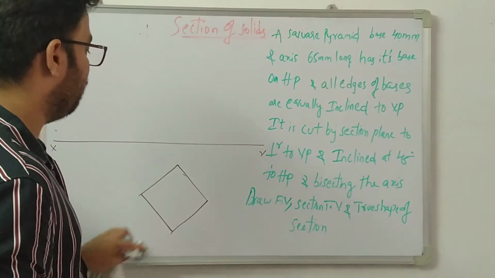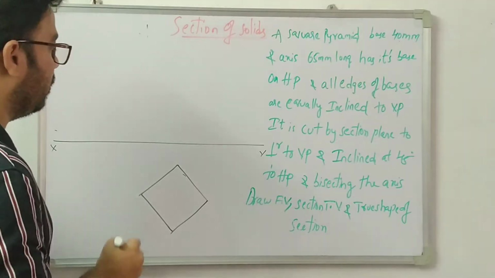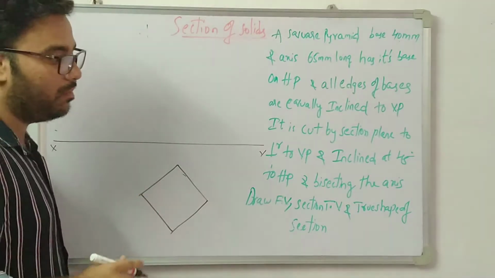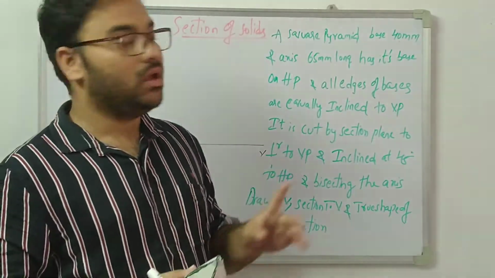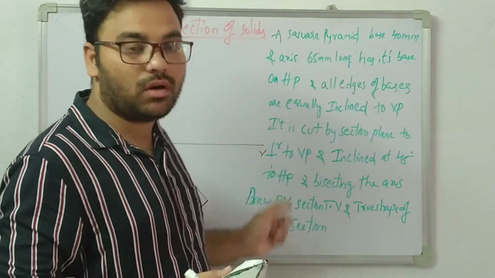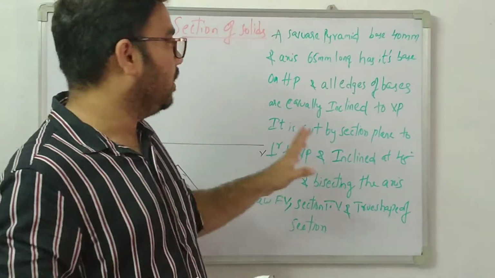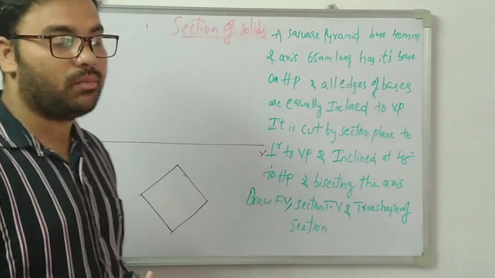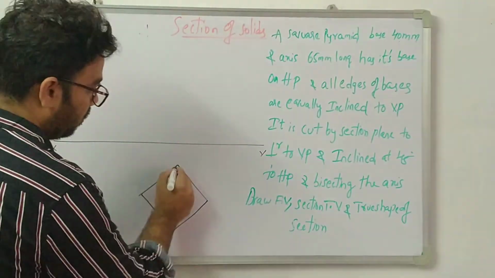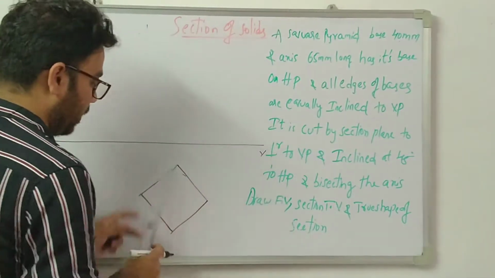So this is the shape we have drawn, the top view. It is a square pyramid, so square pyramid means we have the slant edges also. Whenever he asks for a prism, don't draw these slant edges. Whenever he asks for a pyramid, try to draw the slant edges. Most of the students will forget in the problem. So draw straight lines.